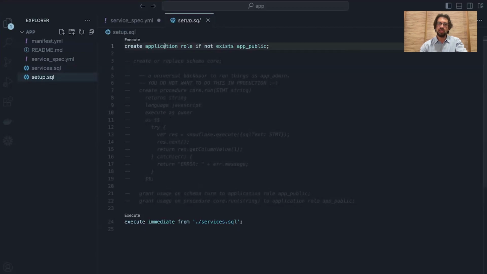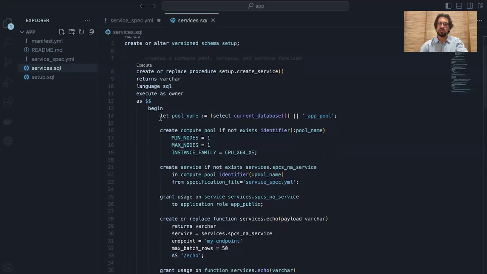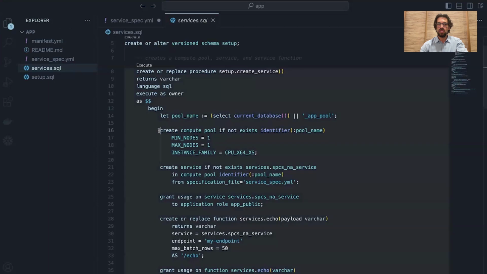So this here essentially creates an application role that's going to be creating the consumer account that's going to use this app. And in this separate script, we're going to create some procedures that we need. First, we have one to create the service. That compute pool that I talked about, here's where you specify the actual creation of it. You're going to determine the amount of nodes it needs to run, minimum and max. You could configure auto suspension rules, auto scale, and the type of compute. And that's very important. We'll have CPU, high memory CPU, and GPUs all available for you to use in your